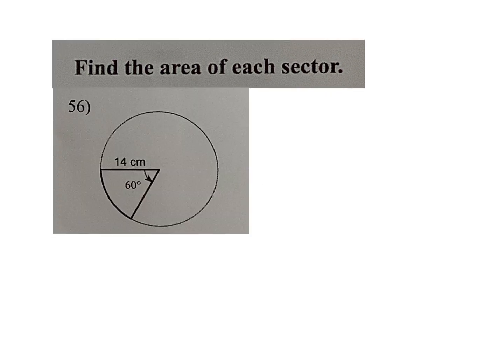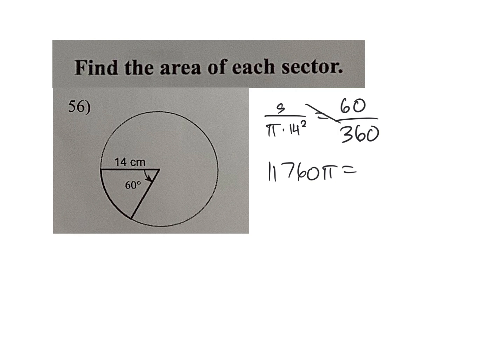Same thing. So the area of the sector is 2 pi r squared, as the degree is to the total circle. Okay, so 14 squared is 196 times 60 gives me 11,760 pi. And that's 360 times this area of the sector. Divide off the 360. And so now we work on